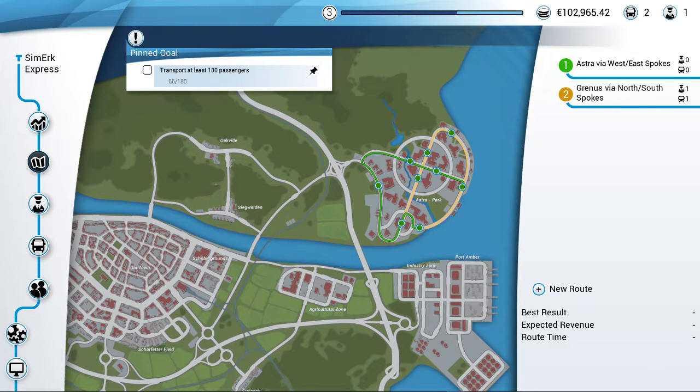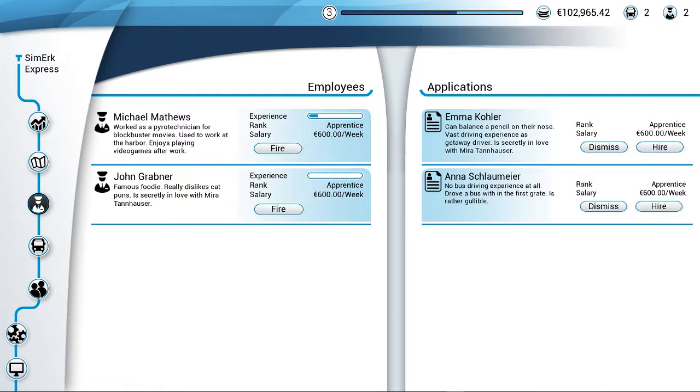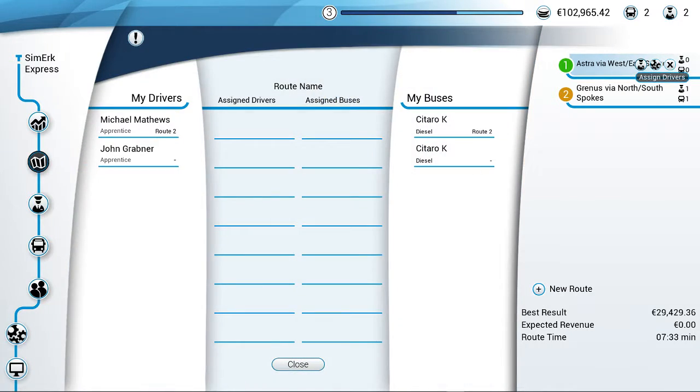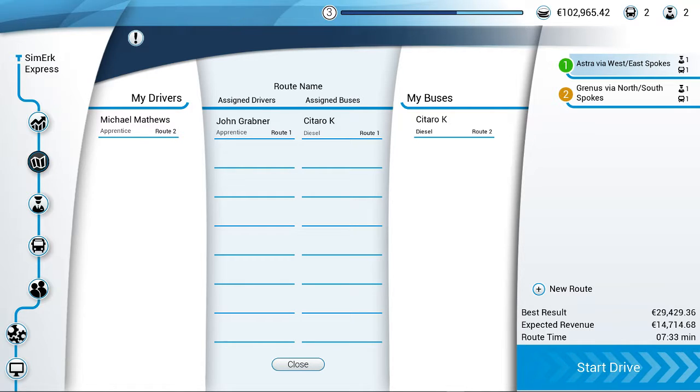And we've only got this to choose from. Maybe, I wonder if this will work. If we hire this guy, and if we, let me see, route planner, we'll put him on. So Mr. Grabner can drive a Satara K, and he can drive that on Route 1. Now I wonder, when it says you have to transport 150 whatever passengers,